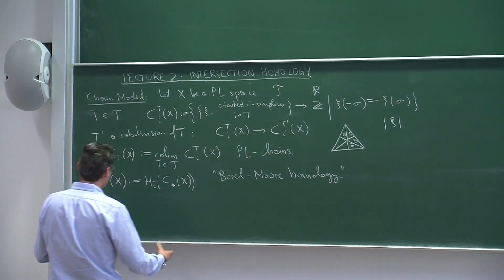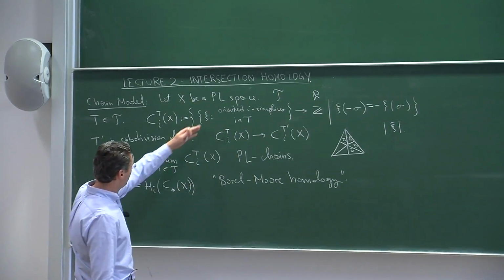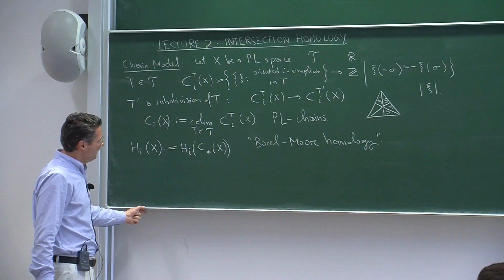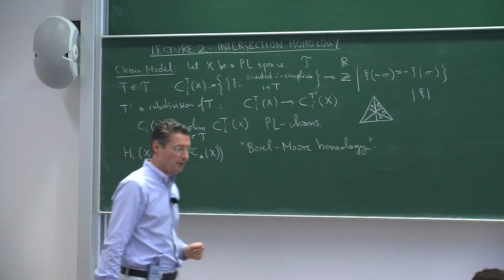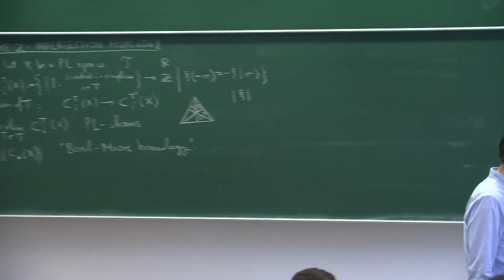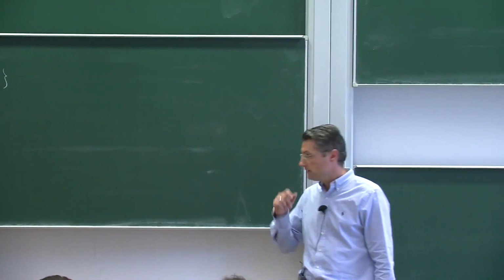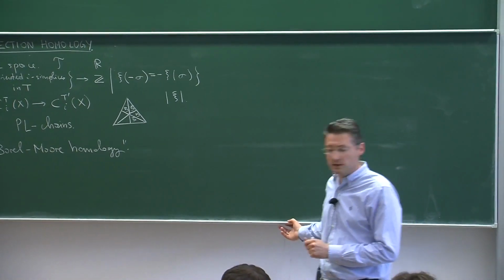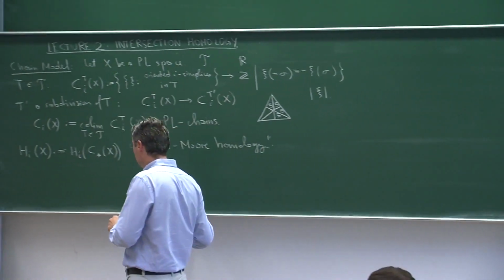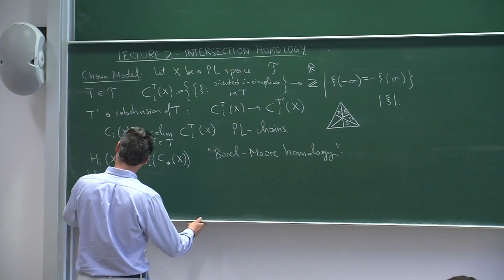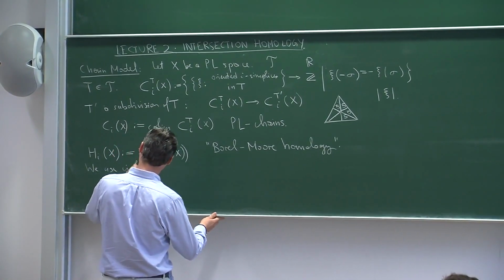Now, of course, you could use finite chains here as well, and then you would get the ordinary homology. You have a choice. You can base intersection homology on this model, on the Borel-Moore homology, or on finite chains. And both have their particular applications. So we use infinite chains here